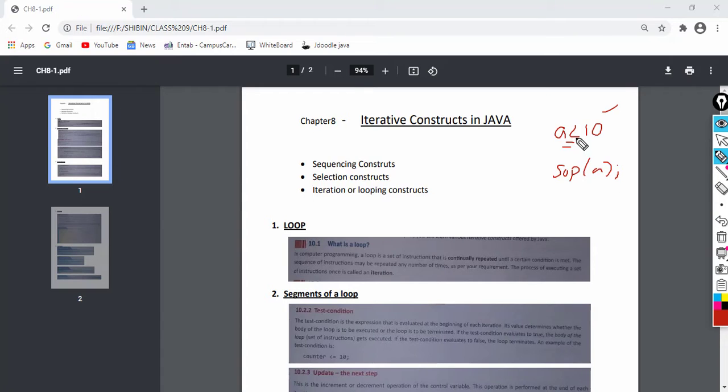When the condition a less than 10 is false, at that time we will stop executing this SOP. Until the condition is true, we will continue executing this SOP using a loop. That is known as the loop. If you want to execute 5 times, you can, or 10 or 11, that depends on the user or the programmer.